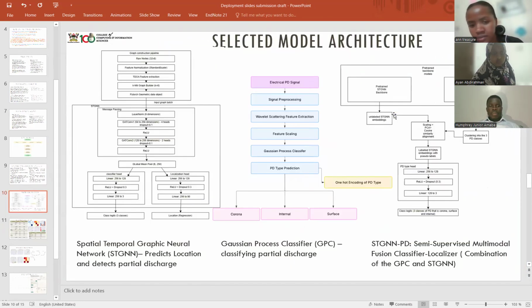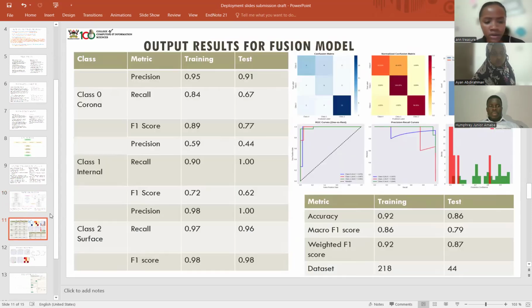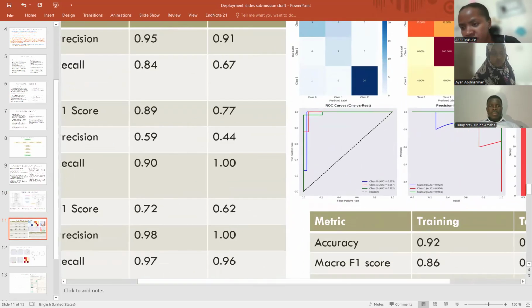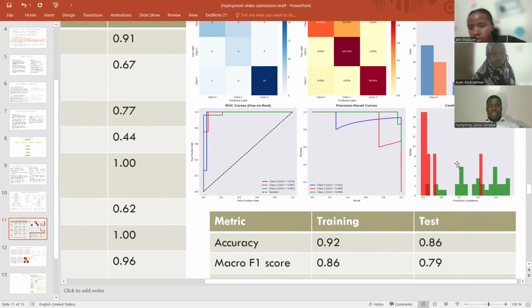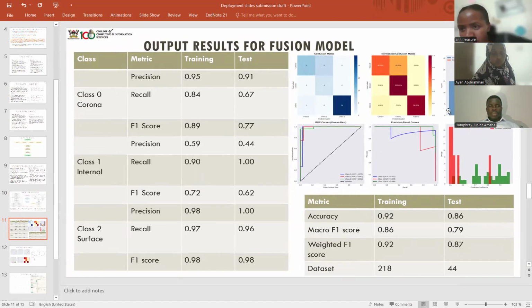The same for the normalized confusion matrix. It talks about the same thing. And the class distribution, we see class 1 and class 2. Class 1 especially struggling, whereby we see more